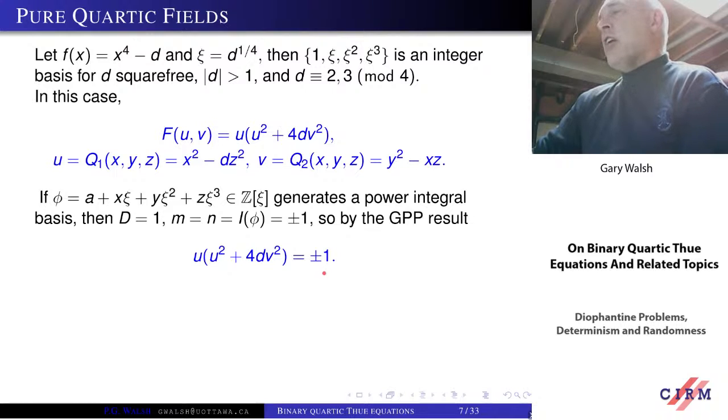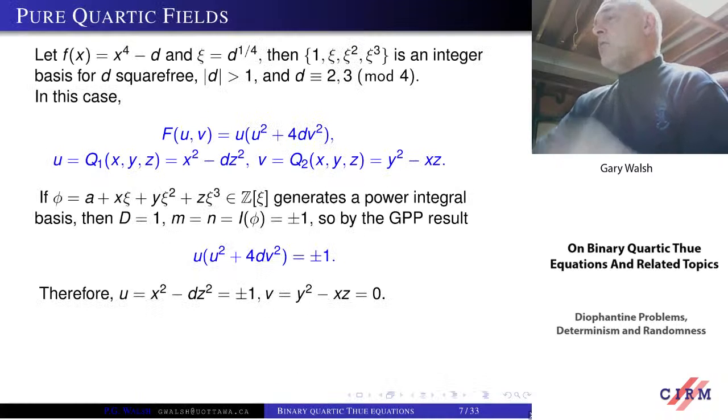And if you look carefully at this, here I really want D to be bigger than 1, so I put in an absolute value by mistake there. Here D is positive, so we have a positive definite form. The only way you're going to get plus or minus 1 on the right-hand side is if these values are both plus or minus 1. And of course, that implies that V is equal to 0 right here. So you get that U is equal to plus or minus 1 and V is equal to 0. So this really nails down the possible values.